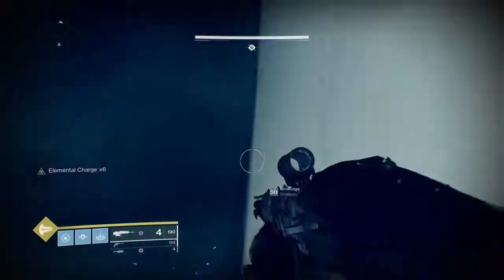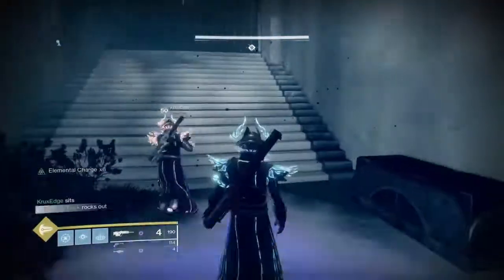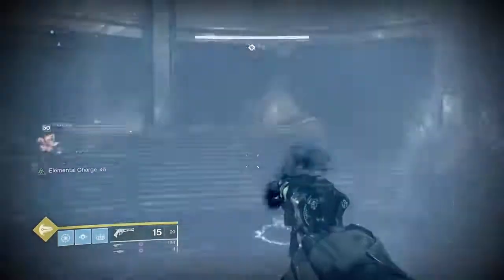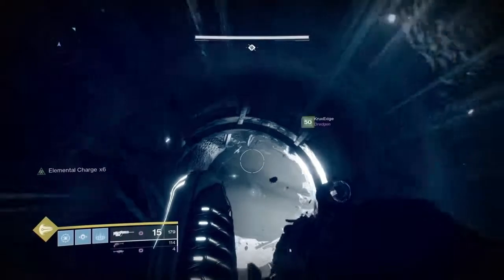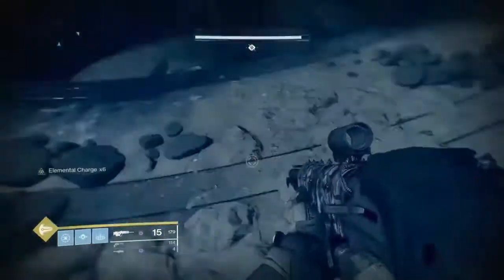Now, as we get to this fight, I will explain my strategy step by step so you can have a better understanding of how to do this for yourself and see that it's very, very doable. Now, suggestions for other classes, say Hunters, I would recommend using Celestial Nighthawk, Bottom Tree, Way of the Sharpshooter, not Way of the Outlaw, and